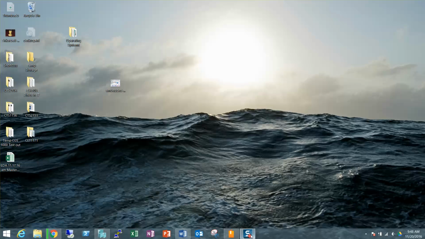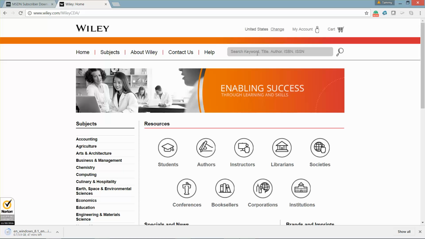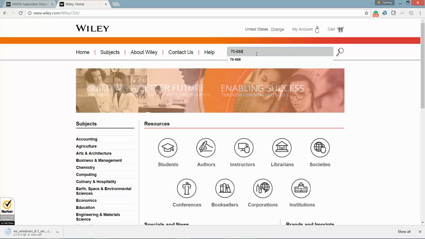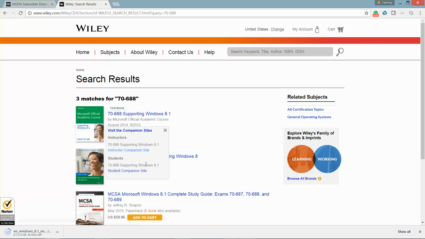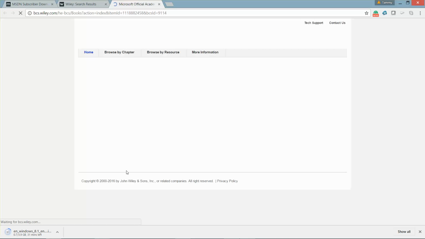on the Wiley website. So this is the Wiley website, and if you just put in the search term for the exam number, 70-688, enter. This is the one we're going to be working on. If you click the drop down arrow here, anyone can go into the student companion site. So if I click on here,